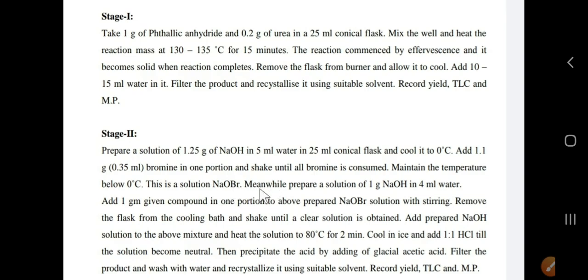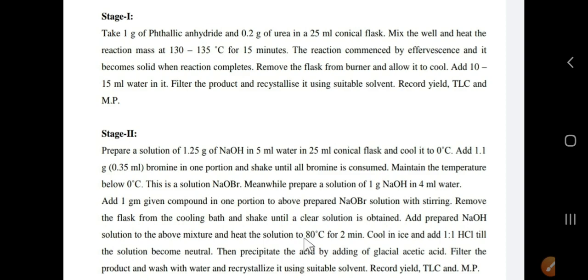Once we prepare the NaOBr, meanwhile prepare a solution of 1 gram NaOH in 4 ml of water. Add 1 gram of the given compound, that means our phthalimide, in one portion to the above NaOBr solution with stirring. Remove the flask from the cooling bath and shake until a clear solution is obtained. Add the prepared NaOH solution to the above mixture and heat the solution to 80 degree for 2 to 3 minutes, maximum 5 minutes. Okay,